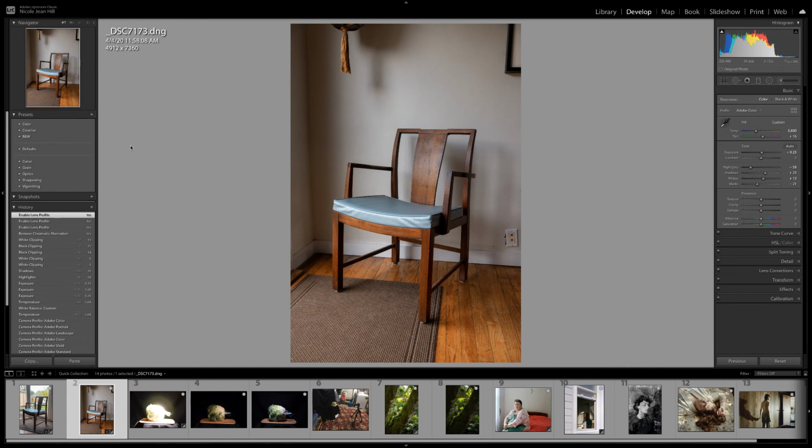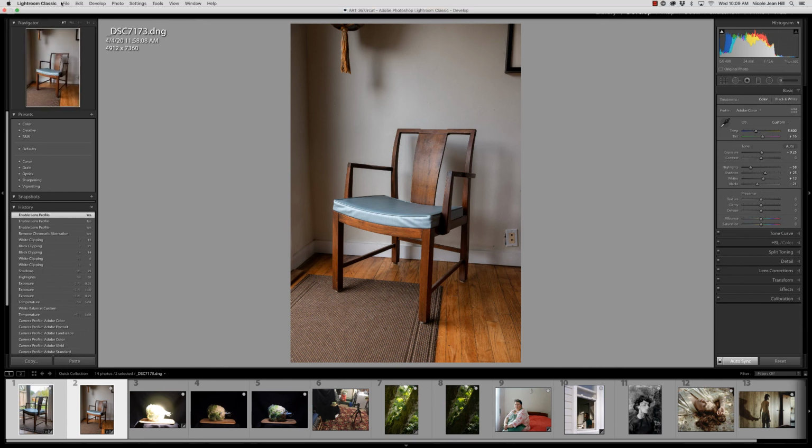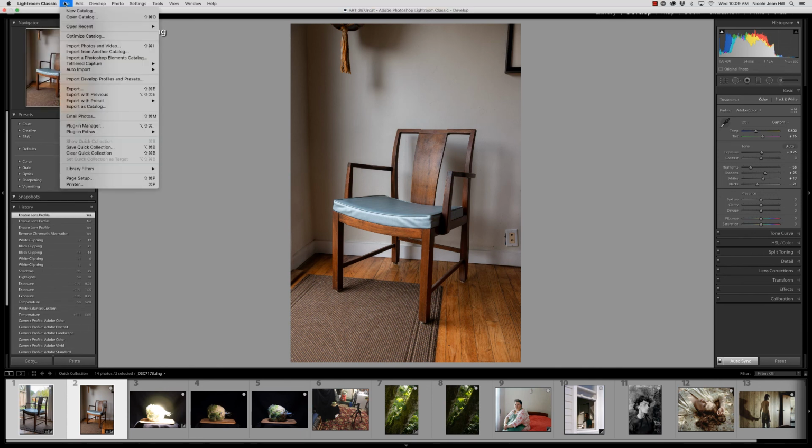So what I'm going to do is make sure that those two pictures are selected. I can hold down the Shift button if the two pictures I want to export are right next to each other, or I can use the Command button, which lets me select images that maybe are not next to each other. But in this case, I just want to export 1 and 2. Then I will go up to File